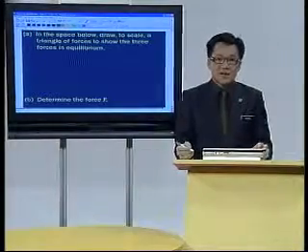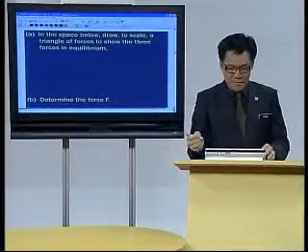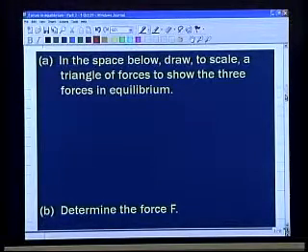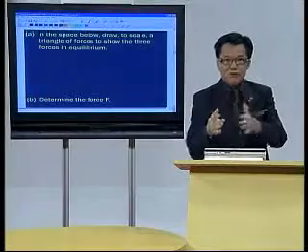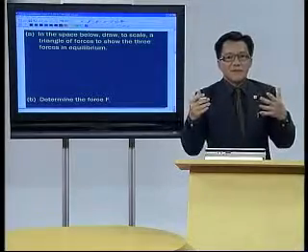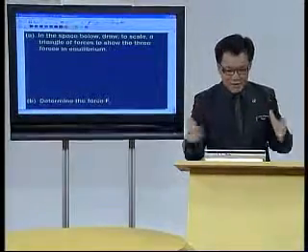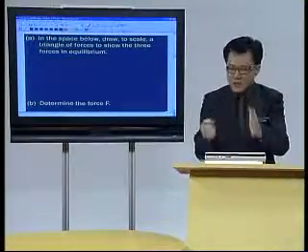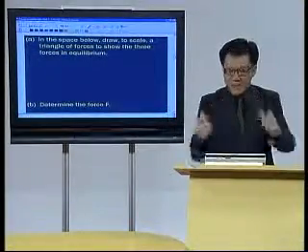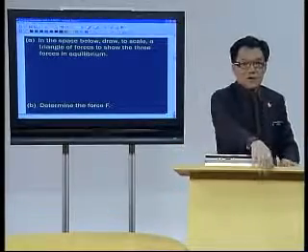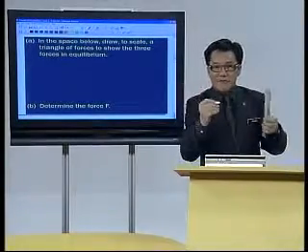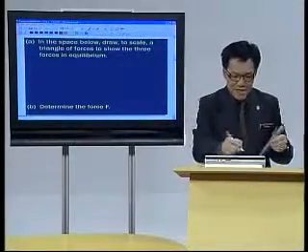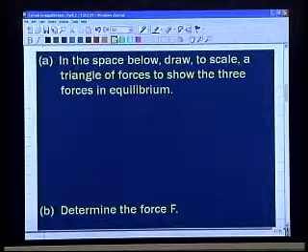Okay, so this is the crux of the problem. Draw to scale a triangle of forces. So the first step is, before you draw to scale, you can have a sketchy diagram, a rough diagram so to speak. So you will be looking at your original diagram in the question again. So what I'm going to do now is, I'm going to give a rough diagram to you first. What is the weight? You just sketch it. Now we sketch the